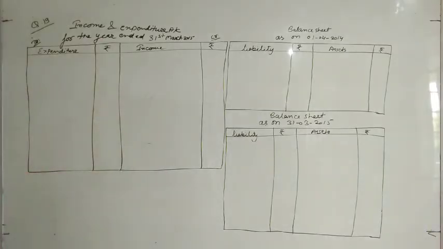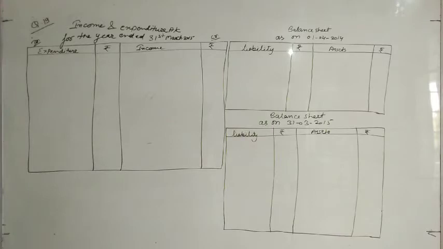Then the topic is salaries outstanding. In the receipts and payment account, on the payment side there is a point of salary. You should tick this point there. Furniture, tick the furniture amount also. Sports equipment, if you have any sports equipment in the receipt and payment account, then tick this amount also. Later on, depreciate furniture by 20% and sports equipment by 30%. You have depreciation on furniture and sports equipment.